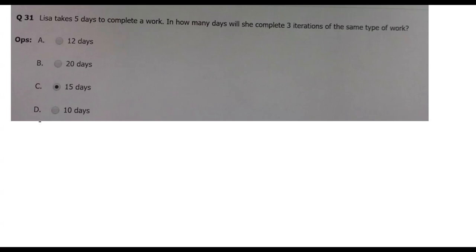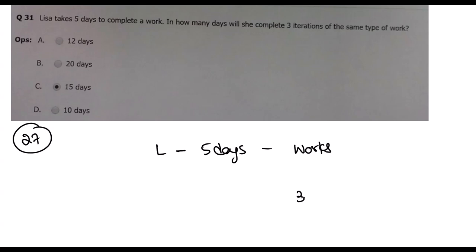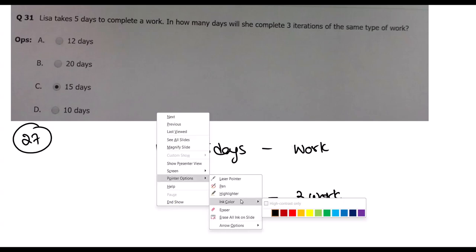Right. Now see this 27. Lisa takes 5 days to complete a work. Now 3 iterations, 3 times that work to be complete. What is the time taken is the question. To complete a work, Lisa require 5 days. If you want to do the same work 3 times,